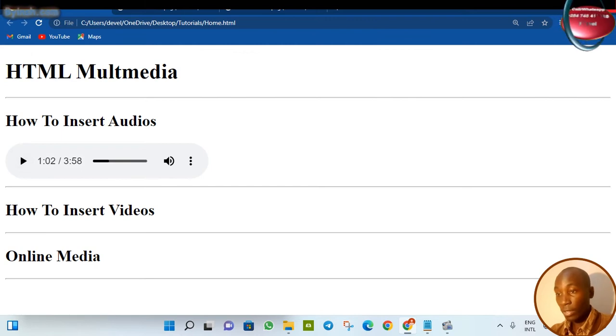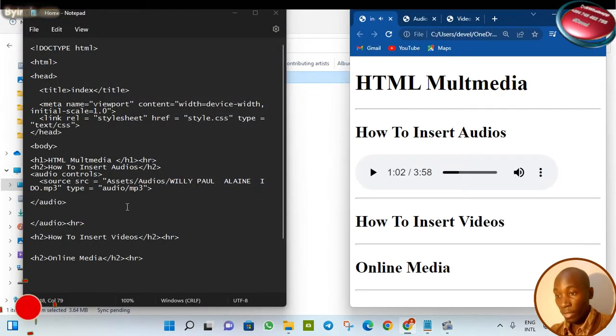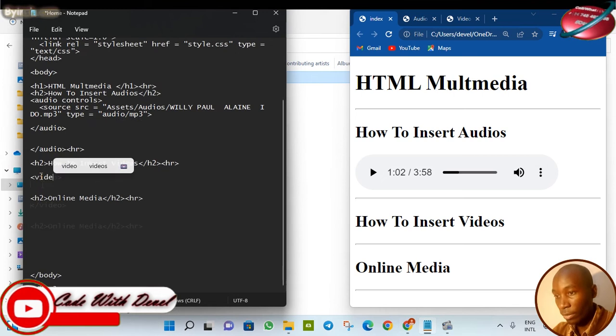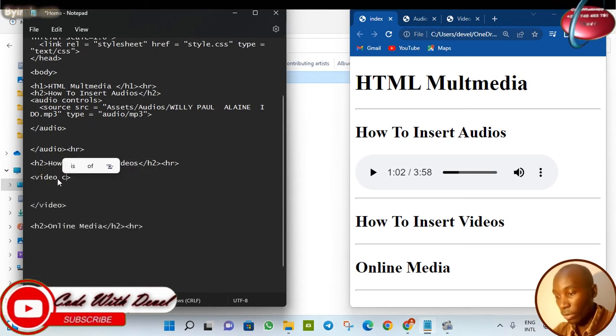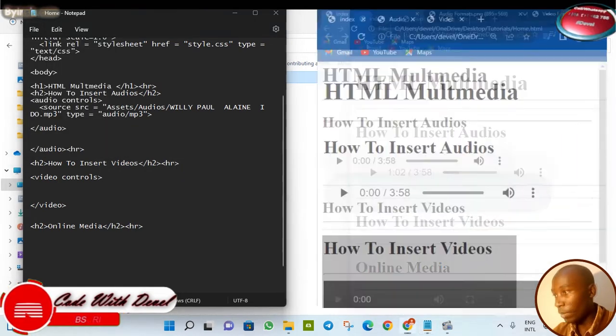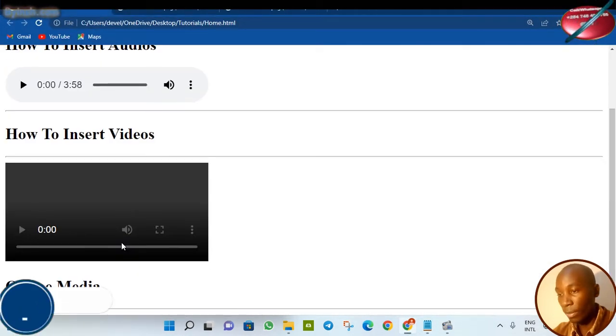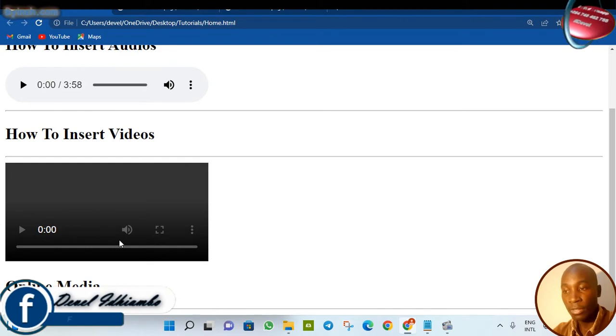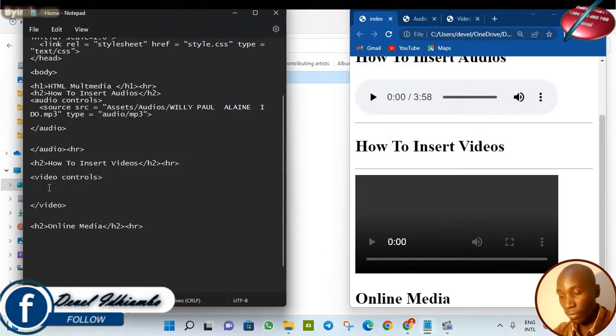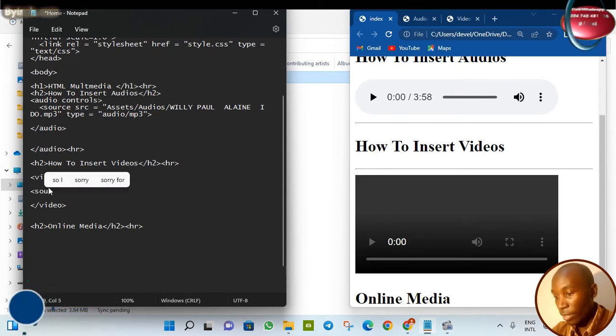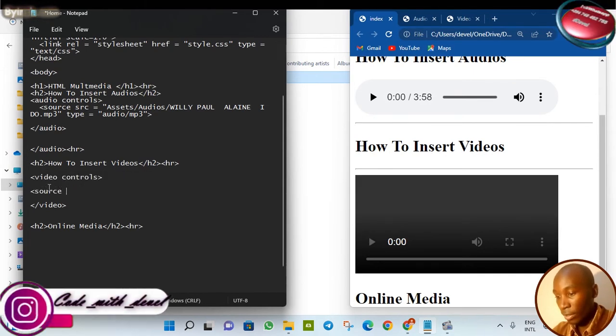So that's how interesting it is. For videos, including the video, then as usual, you can add the controls. So try to run. So in my Chrome, that's how it is displayed. The video is not yet there. It is the default controls we have. You add the source. So you can add so many video formats to allow the browser to choose for itself the supported file format. So the URL goes here, copy the